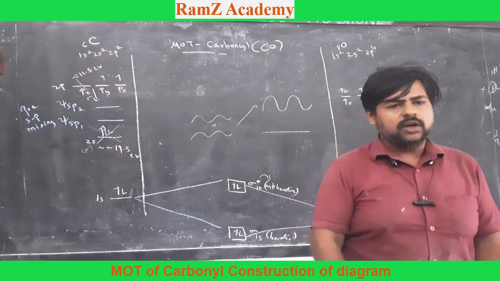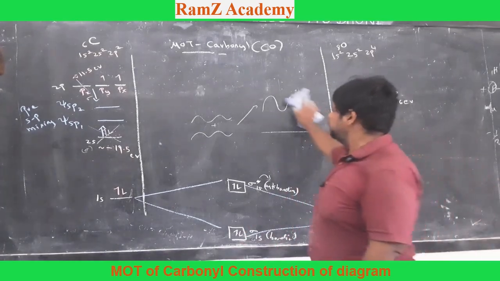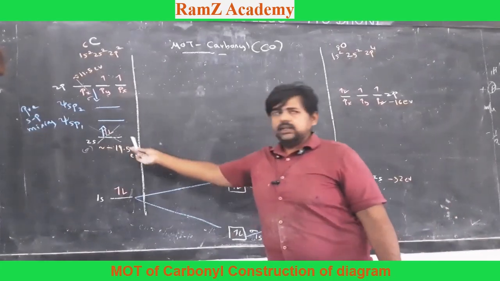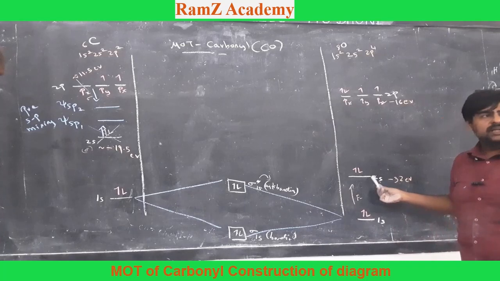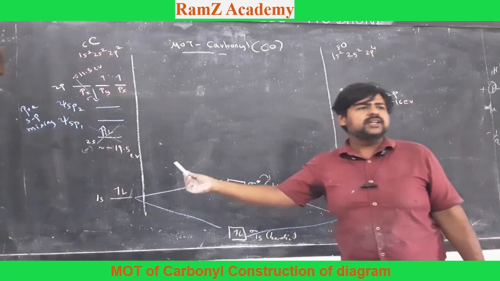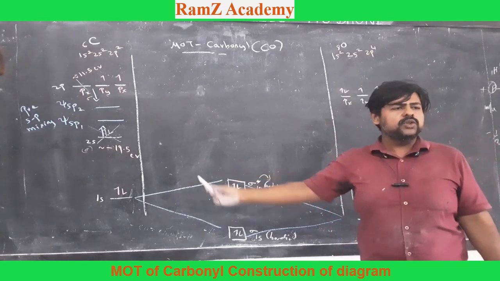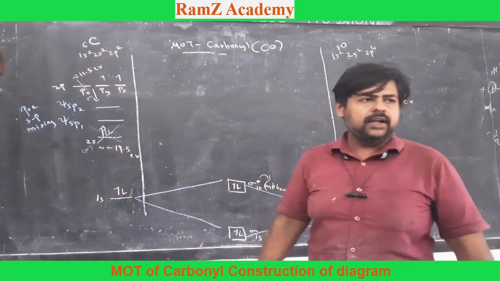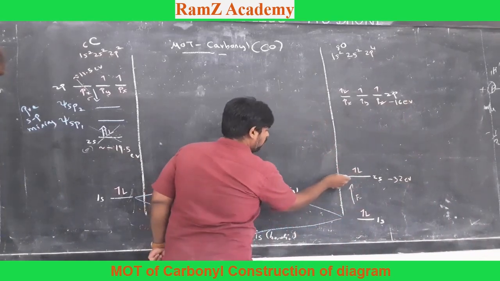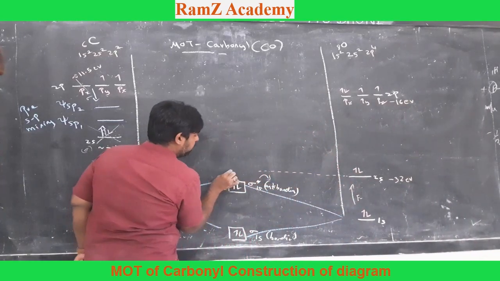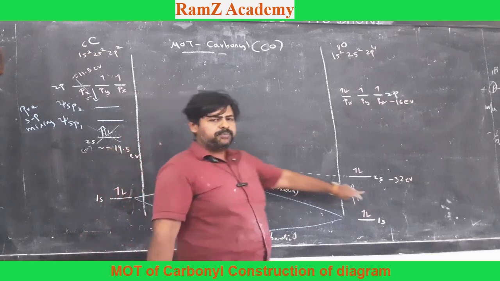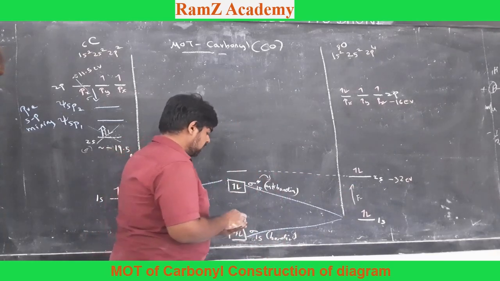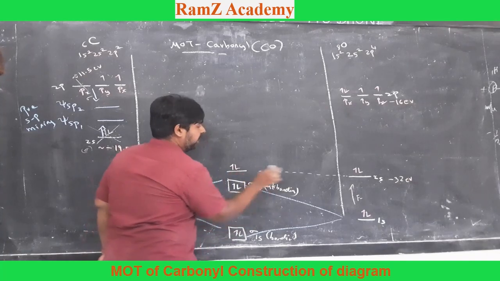Otherwise there is no chance of these two interfering. In the same way, if you look at the 2s electrons on the carbon and the 2s electrons on the oxygen, the energy difference is huge. That means there is very little chance that these two will interfere. So I am just going to extend this and put this orbital in the same place where the 2s is present on the oxygen. And I am also going to straight away fill in the electrons that you find here.